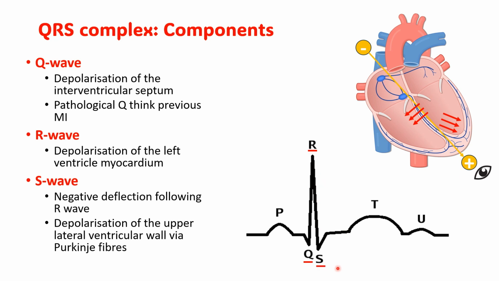And last but not least, we have our S wave, which is a negative deflection following the R wave, and this represents depolarization of the upper lateral ventricular wall via the Purkinje fibers. Remembering they conduct the electrical impulse fastest out of any part of the heart. Okay, represented by these 3 arrows here. We also have some on this side too, and depolarization is going to happen from the left to the right. Okay, and we can see the arrows are going away from our positive pole, hence why we're going to have this negative